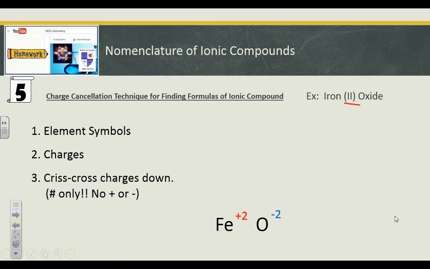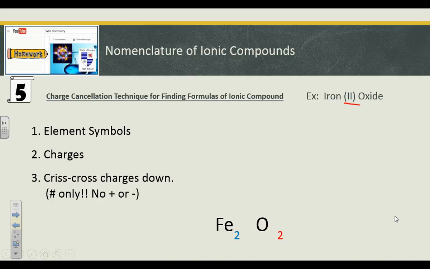Oxygen has a charge of -2. It's the only negative choice that we have. As a matter of fact, it's really the only choice we have. So I crisscross these. I bring the 2 down from the oxygen. I take the 2 from the iron. Notice I'm losing the signs. And I have